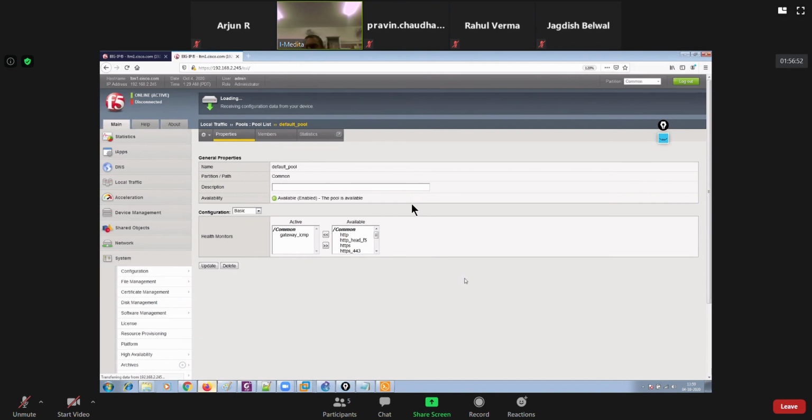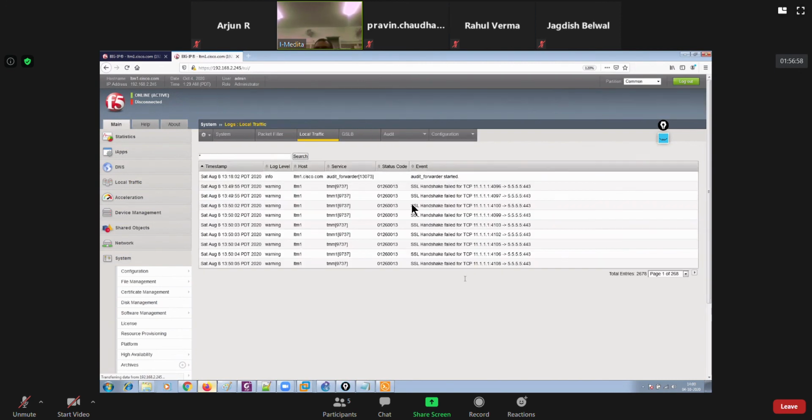Right, guys? So iRules are more around TCL scripting. But whatever you cannot perform using existing options, you can do that by utilizing the iRules. And this is what we did, right, guys? This is what we did.